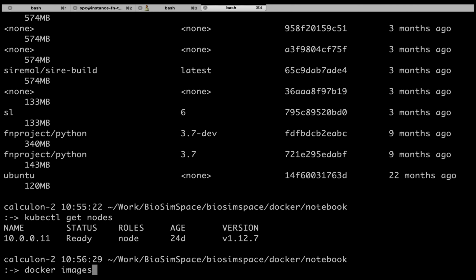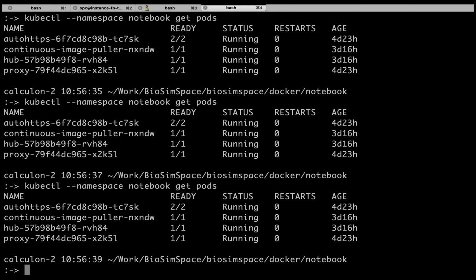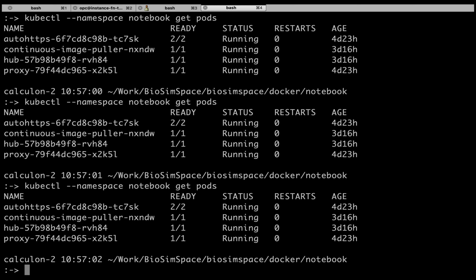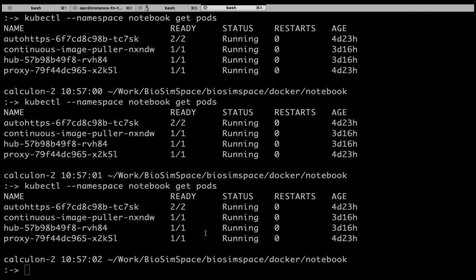It takes a bit of time, and indeed what you'll see when we do get pods is you'll see them be killed eventually. It takes quite a bit of time. So I always wait until this is finished. Again, if Kubernetes gets in a complete mess and you have no idea what's going on, this is the equivalent of turning it off and turning it on again. It's amazing how long it takes. I would have thought it would be like instant, because you've just literally got rid of the entire node, but